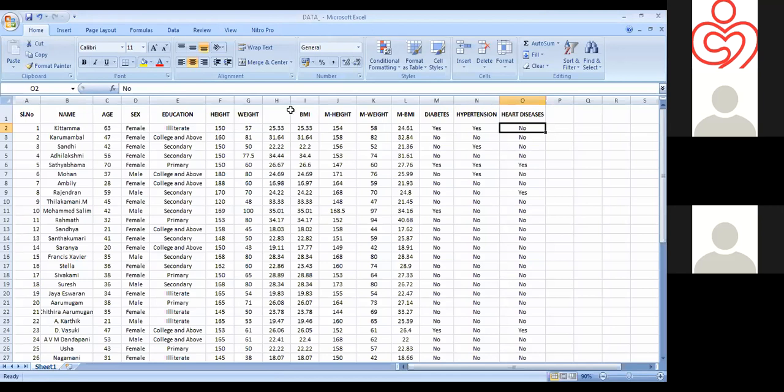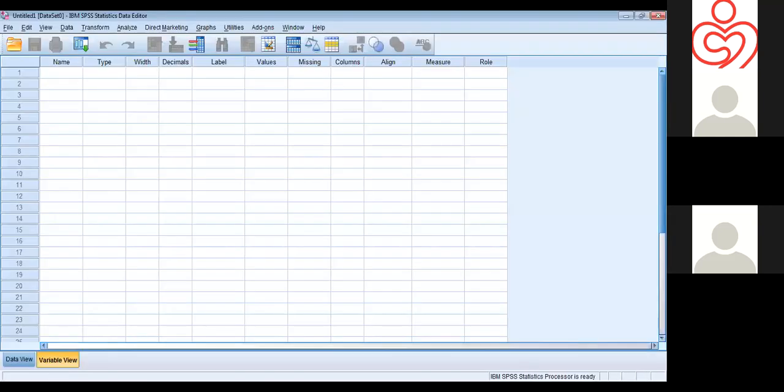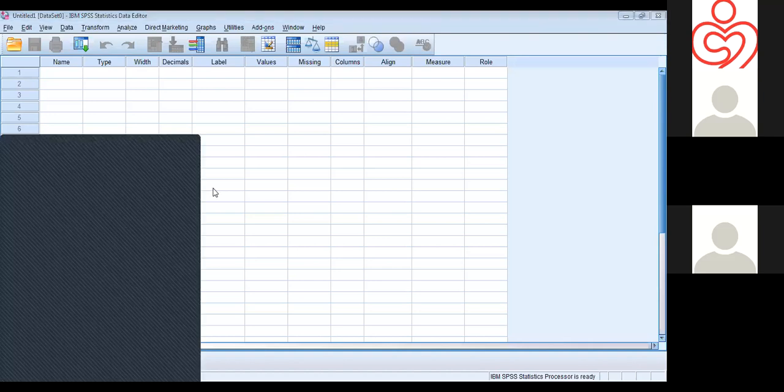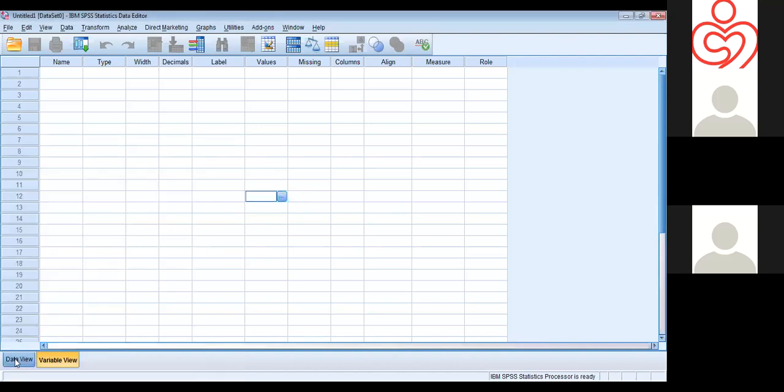Okay. Then next, what I'm going to do is show the analysis. I am introducing the software SPSS. So this is the SPSS software. Actually, we have two windows. One is data view and one is variable view.